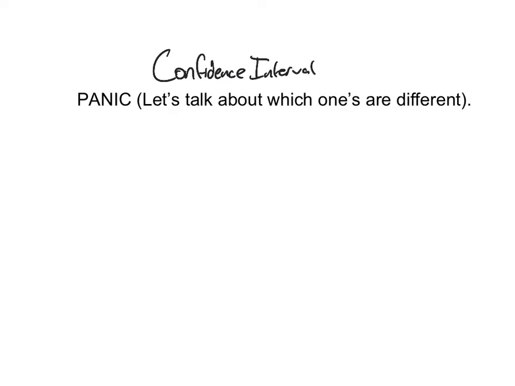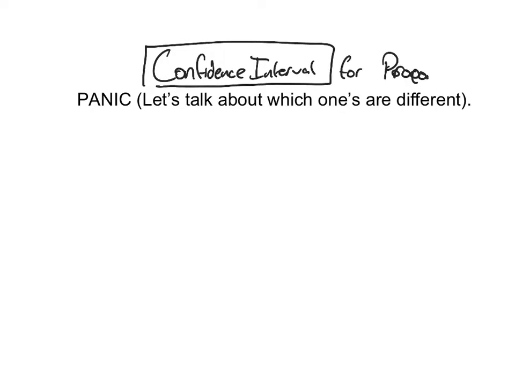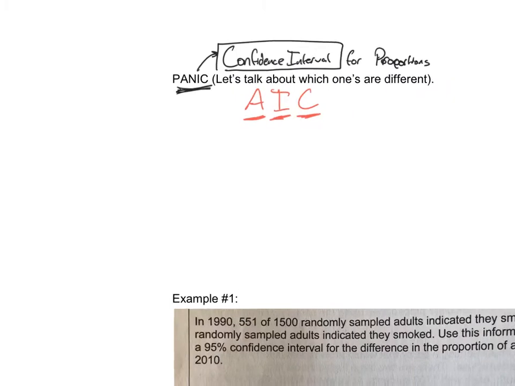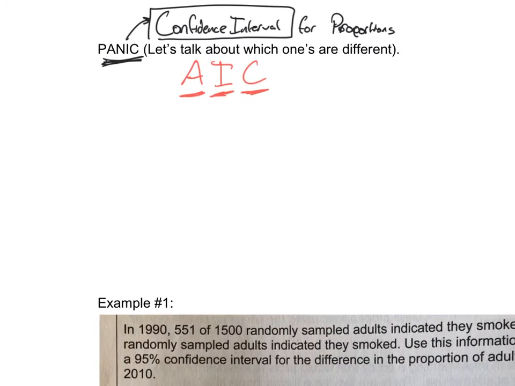So what do we need to know about creating confidence intervals for proportions? Well, panic. That's always a confidence interval link. Panic, right? And remember, we talked very specifically about the A, the I, and the C have to be spelled out specifically when we're doing one of these problems, okay? So let's talk about the A. Those are the assumption checks,